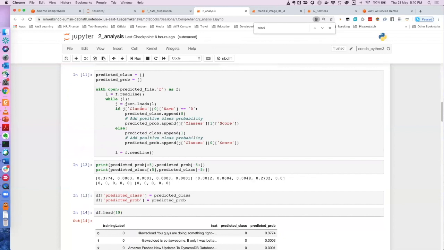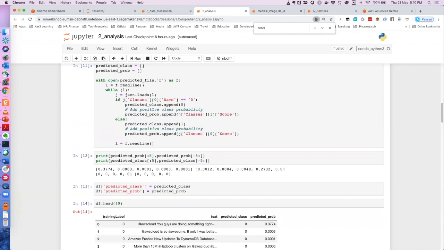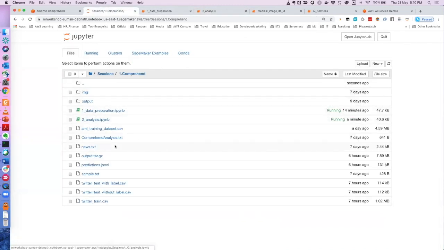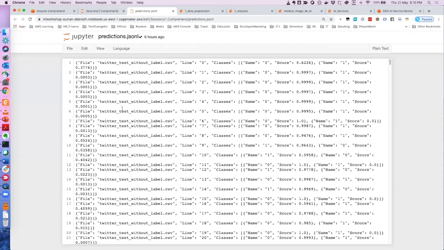So we just create a for loop to see the class predictions, because if I show you how that output looks, then you will get a better understanding. So let me open this file. This is the JSON that you get from Comprehend, and if you see, it doesn't say every tweet is of class 0 or class 1, but it gives you a probability score.